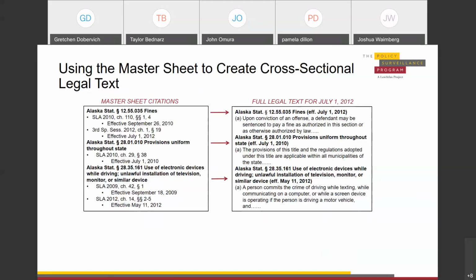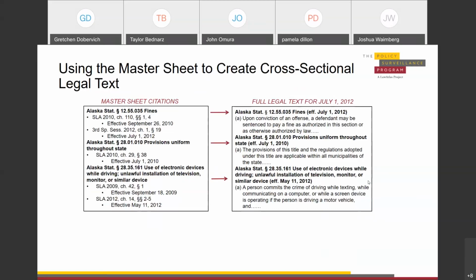And then this one legal text can be used to answer the questions that we created, or code the law, as we refer to it, with the questions we've developed previously. So that is, at its most basic, collecting and creating the legal text for a cross-sectional project. Basically, you use the master sheet citations that you've collected to collect the full legal text for that one jurisdiction for the date that you are interested in looking at